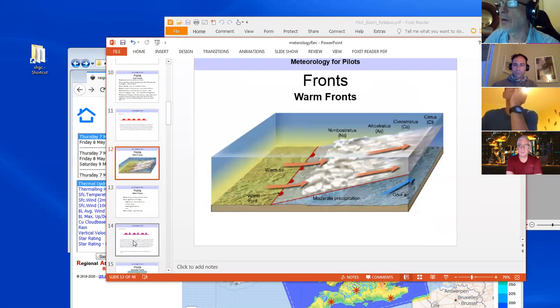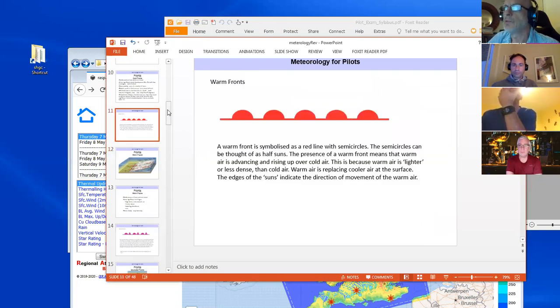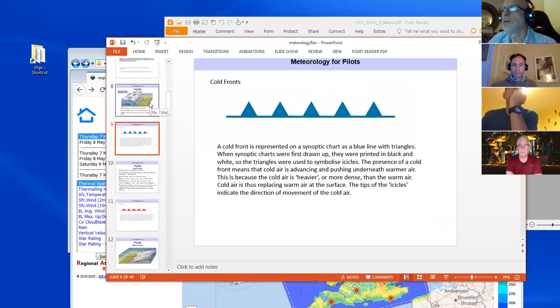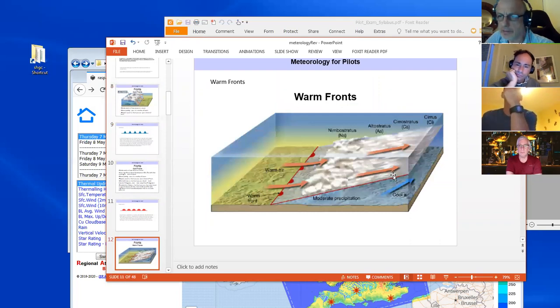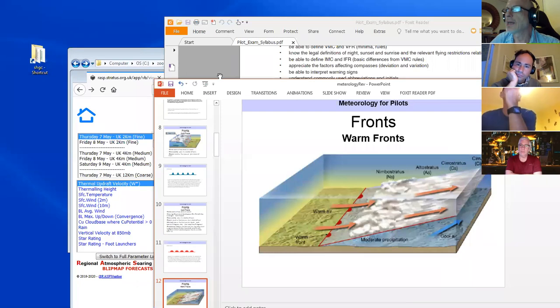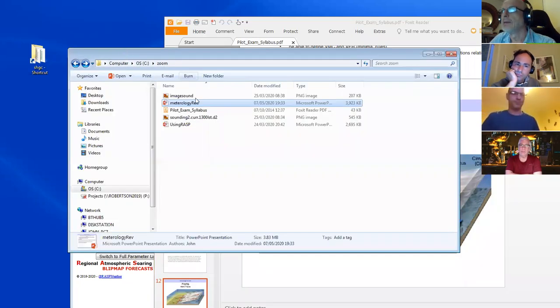So you need to look at your chart, see, okay, where's the warm front, where's the cold front, and then you'll know where there's a cold front, you've got these conditions occurring, whereas a warm front, you'll have these conditions occurring. My advice is over a period of days, every day ideally, start looking at synoptic charts, look at the weather, and then actually compare it to the forecast. So if we just flip to the Met for today,